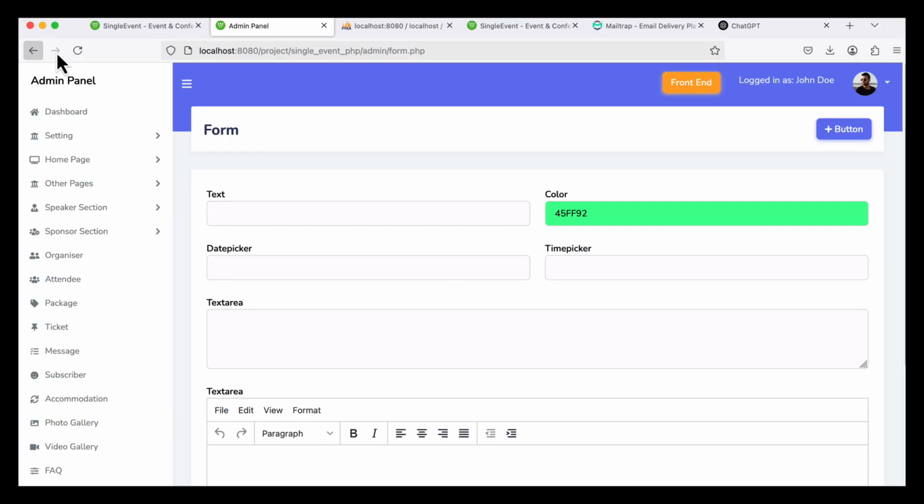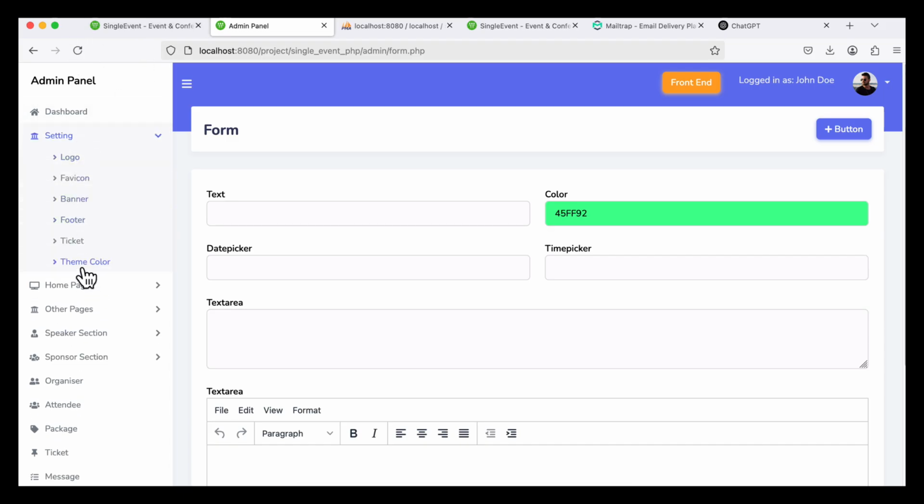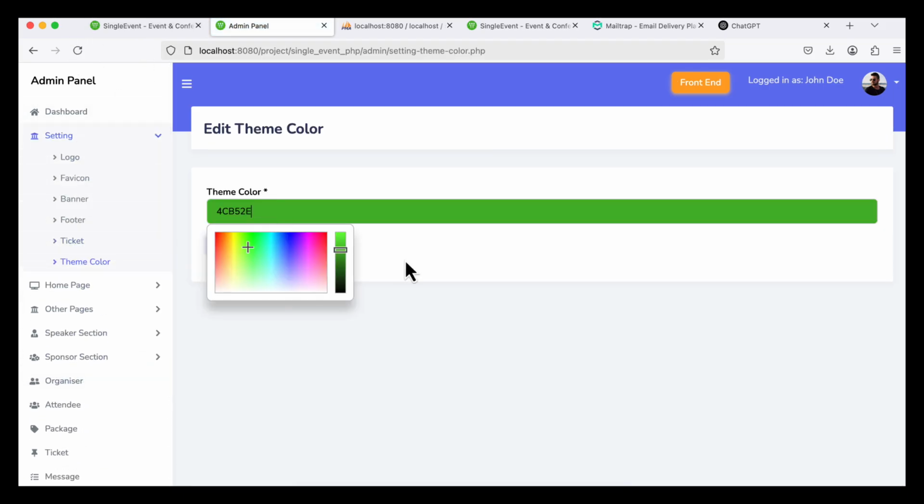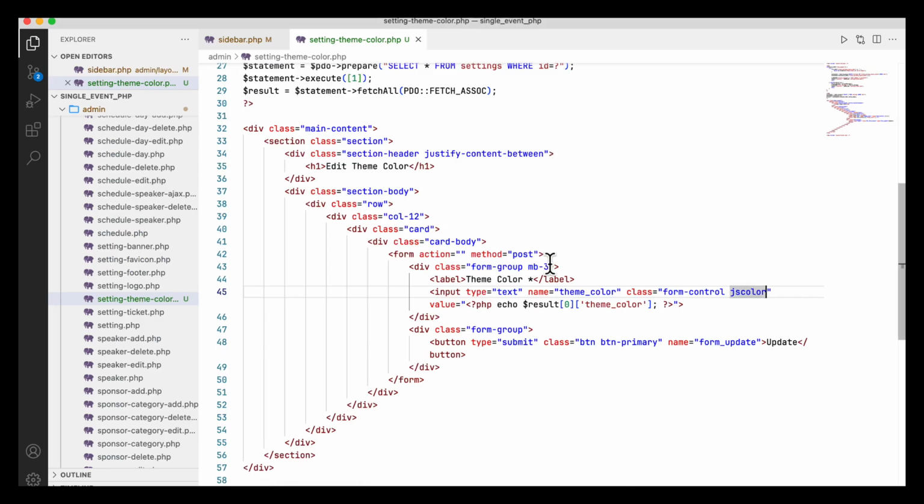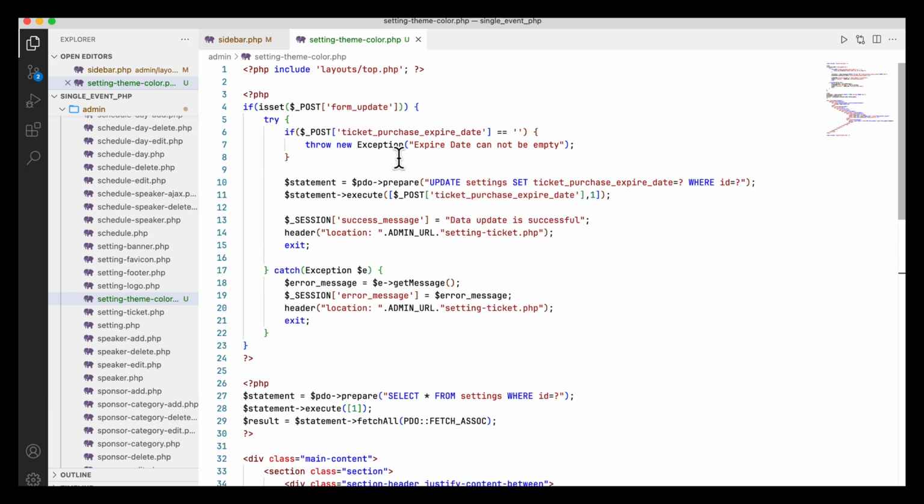So now let's check it from my end. In the setting you see theme color, go here, you see it is working, right? So from here you can change the color, any color you can change. So here I am going to submit the data. Here it will be theme color, and here it will be theme color cannot be empty, and this one will be theme color, post of theme color, and here it will be theme color. So okay, now let's